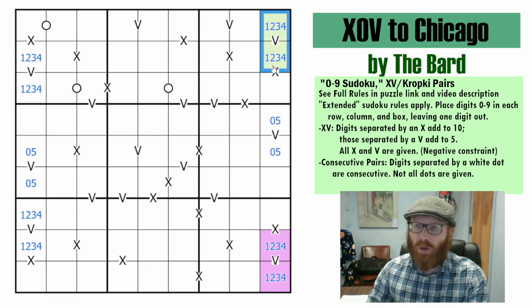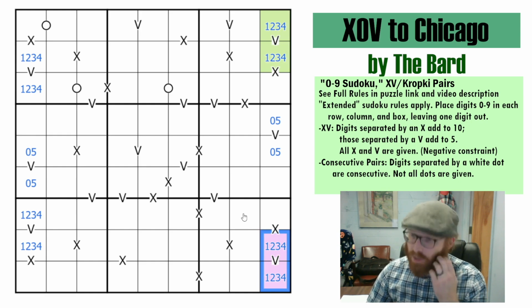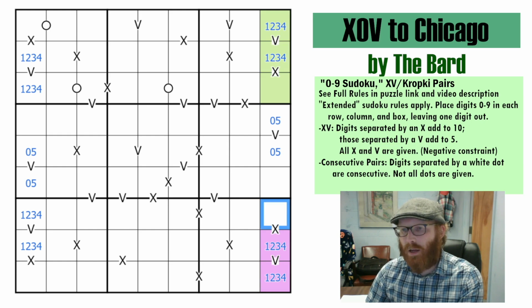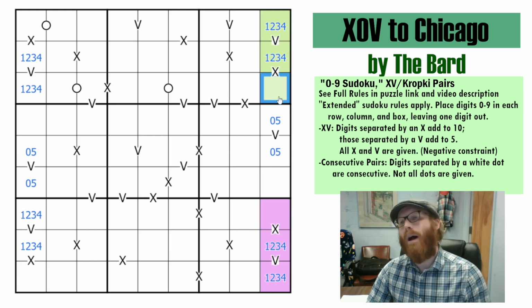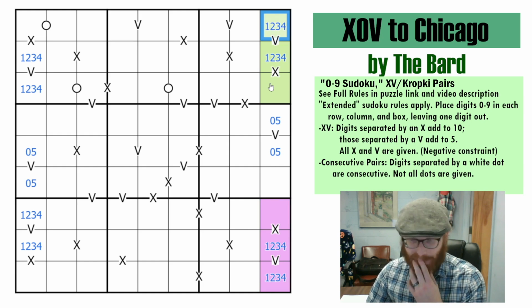So if this is a 1, 4, that's 2, 3. If that's 2, 3, that's 1, 4. I don't know which way is which, but I know they're opposite, so I'm going to color them to distinguish that. And I'm going to extend that color into my X's because the X's have the same property. They split into two different